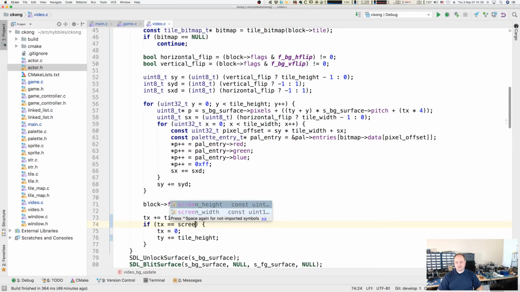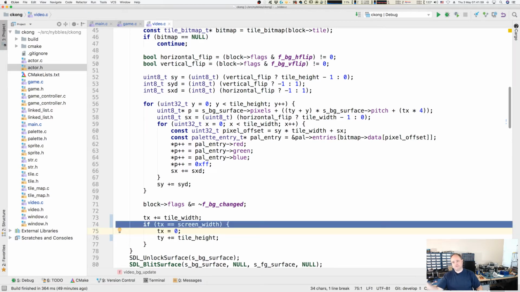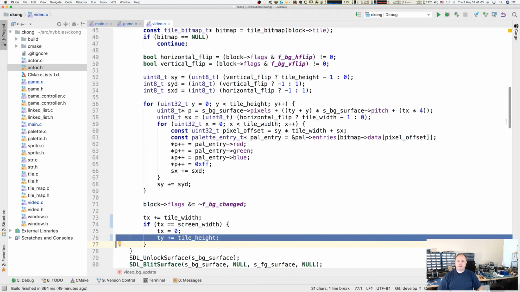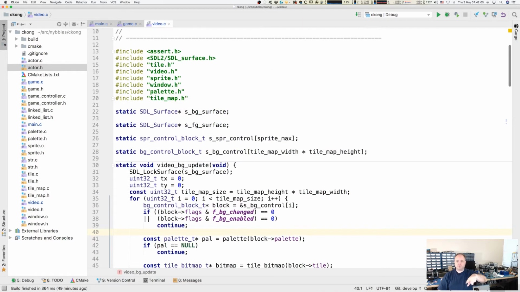This is actually screen width. So we add a tile width to TX. If TX is at the end of the screen, we reset TX to 0 and we go to the next line. And then this just loops through all of those tile blocks, those background control blocks, and it renders the